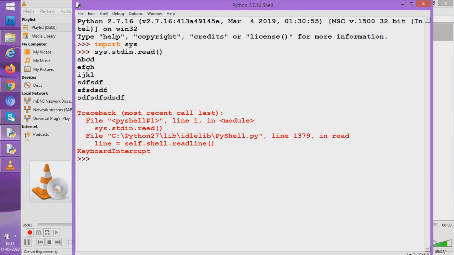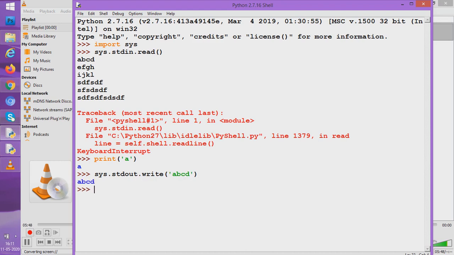Now let me show you one more thing. Normally you write print and print whatever has to be printed. If I am to print A, I write print A and A will be printed. But today I will use the formula of using files. I will write sys.stdout.write. You know, for writing to a file we use the write function. Now I write anything here, say A, B, C, D. It means we are writing to a file whose name is stdout. And stdout is which file? The screen. So I am writing on the screen. See, it wrote on the screen.